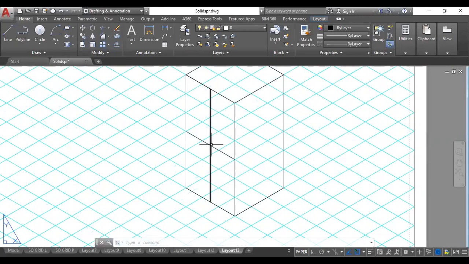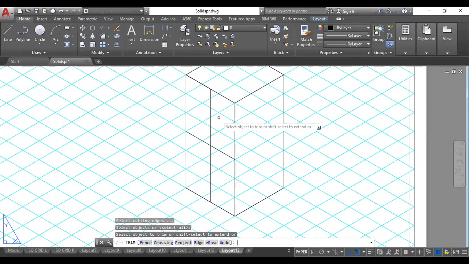So this is the center of the face. From this center I'm supposed to construct a box of 30 by 30 here. This is already the center, so half of 30 would be 15. So already 15 I have come on this particular side. Let me trim this line so that it becomes easy to draw the remaining part.